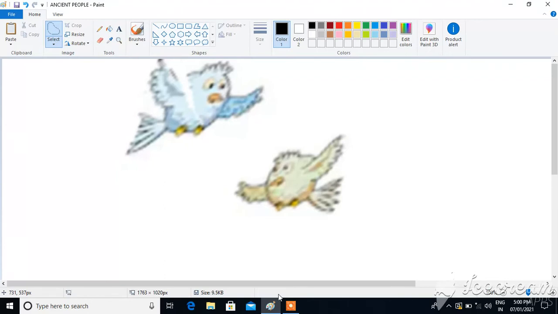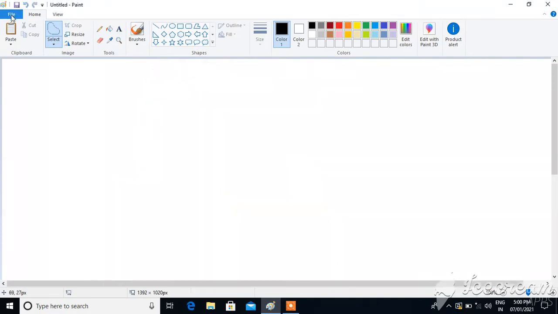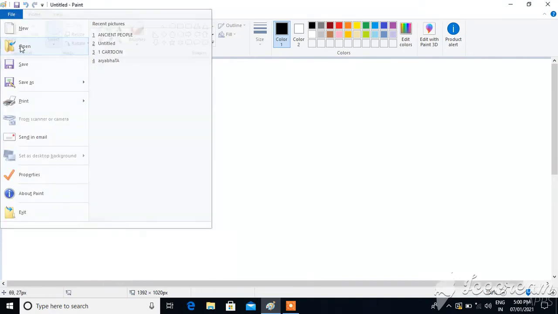Next we will see rotating and flipping a picture. So I will take a new one so you can understand it better.